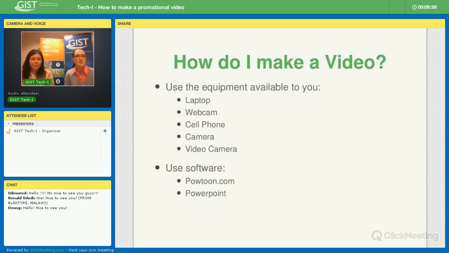Now, if you don't have a laptop with a webcam, and you don't have a cell phone, and you don't have a camera, we fully understand that a lot of people applying to this competition don't have these items. So if you do have a laptop and you are able to access the internet to apply, there's also a number of ways that you can actually do your presentation. You can do it on PowerPoint, and you can have a number of slides, and there are a number of websites which are able to turn PowerPoint presentations into moving videos that last 90 seconds.